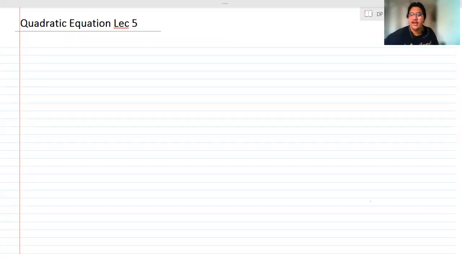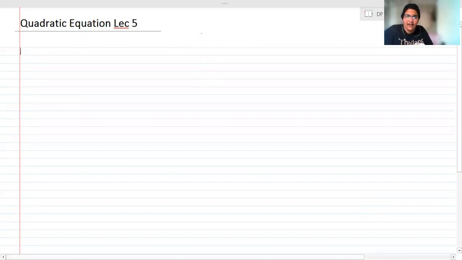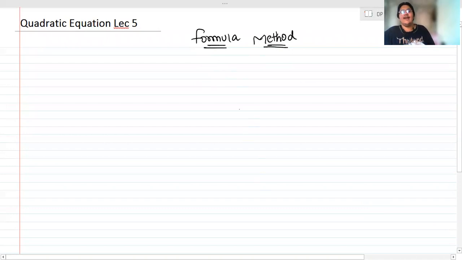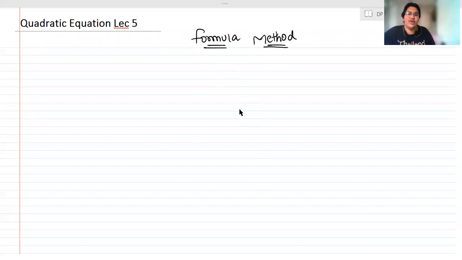I'll share again. And see, the formula method is very simple, and most of the students prefer this method. The formula method. इसको प्यार से हम लोग formula method बुलाते हैं. And if you refer to your textbook, they are saying it is the formula for solving the quadratic equation. Okay, so basically the formula is nothing but x is equal to